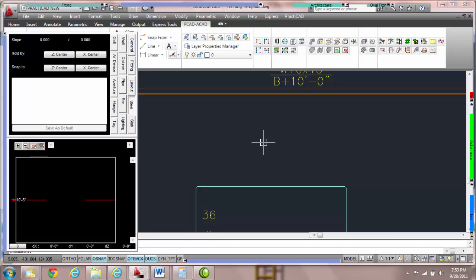Part 5 of using the steel tab is working with your snap to hold points. Notice here under the steel tab in the item box we've got snap to, and we've got Z set as center and X set as center. This was added to the system to make it easy for us to tag and dimension from any part of